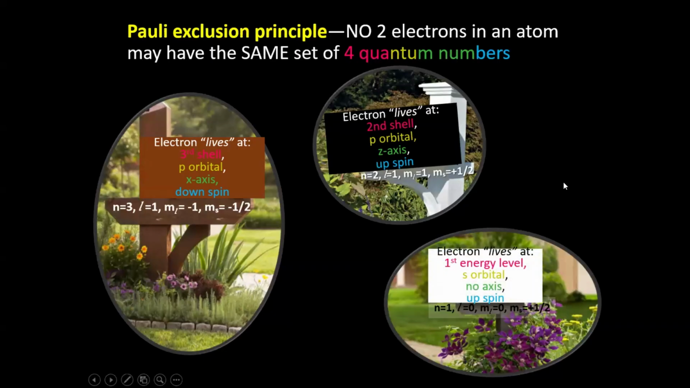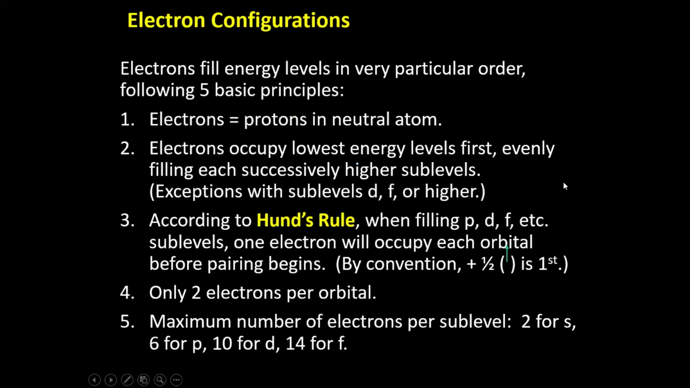So those are three examples. Now we'll talk about electron configurations. There's a set of rules that scientists go by. Electrons fill energy levels in a very particular order, following 5 basic rules. Unless they tell us something else, we assume that the electrons and the protons are equal, and it's a